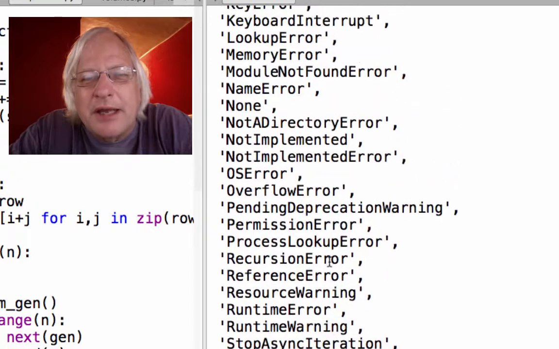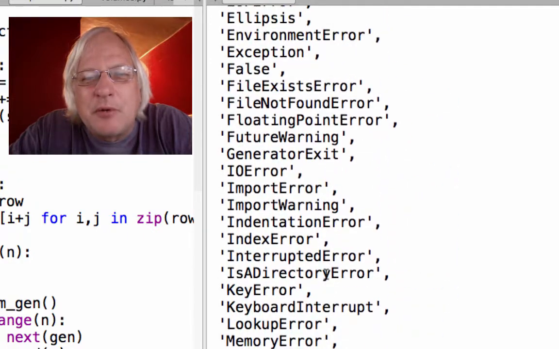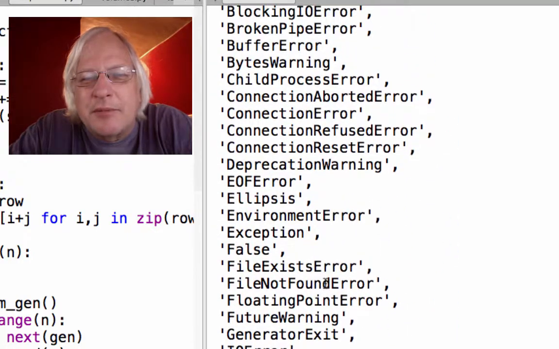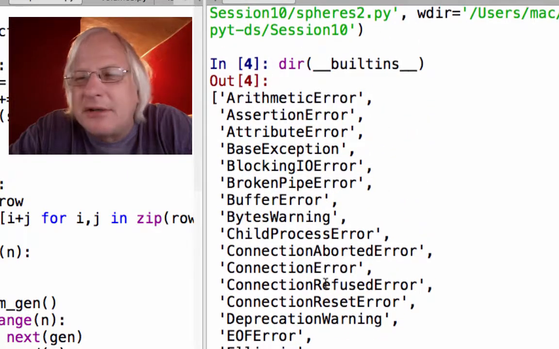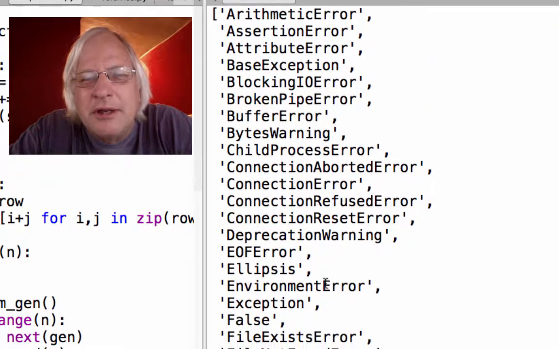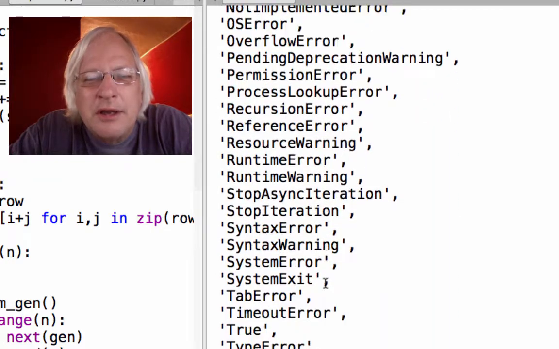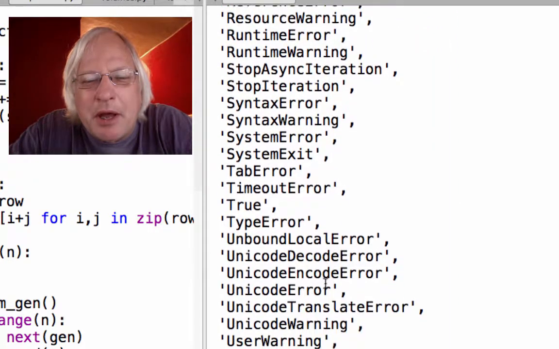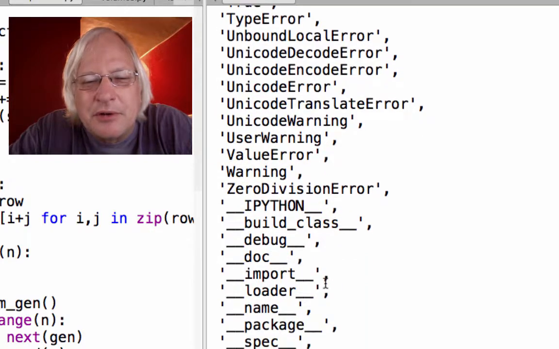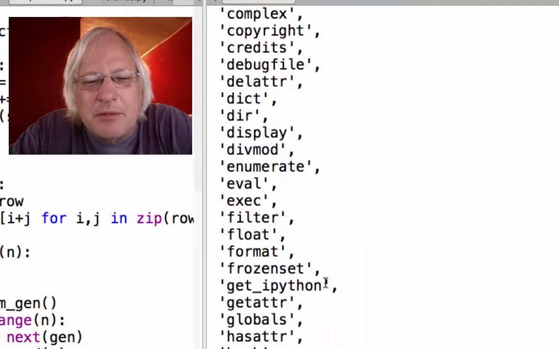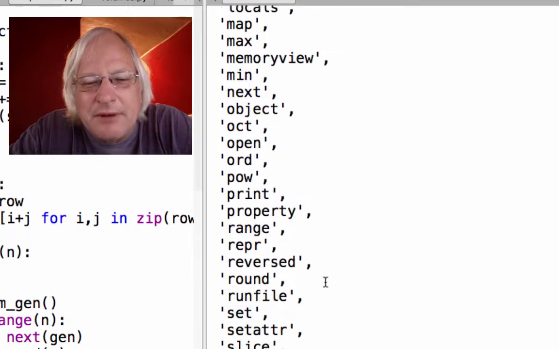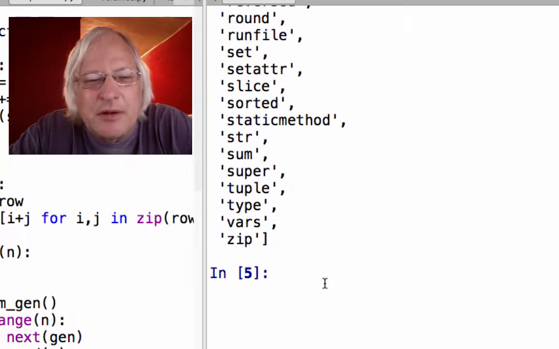Now the uppercase things tend to be warnings and errors, which is like when you bump into a limitation. Your syntax is wrong, your environment is messed up. There's a lot of things that can go wrong, and Python right out of the box is prepared to let you know what the problem is. But you'd expect that. It's feedback to you, the user, the developer. The person who's operating in this world is pretty technical.